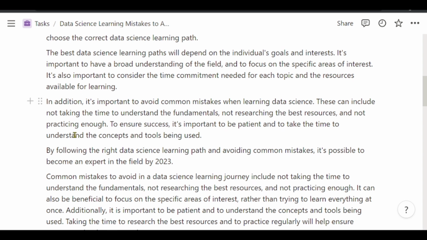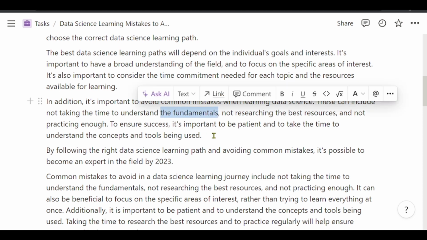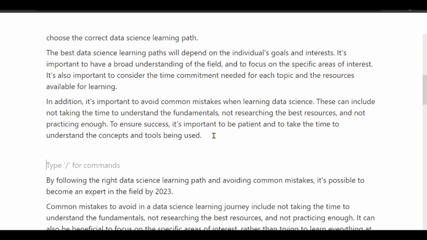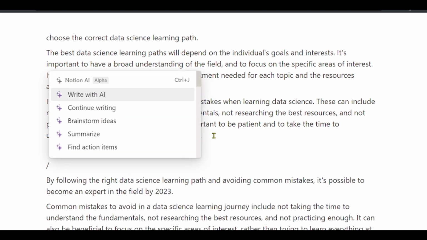And all this will help you to ensure success. And to ensure success it is important to be patient and to take time to understand the concepts and tools being used. Another important question that we need, let us look at this before we end our tutorial today.